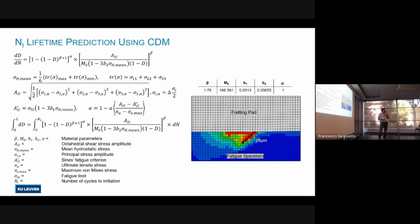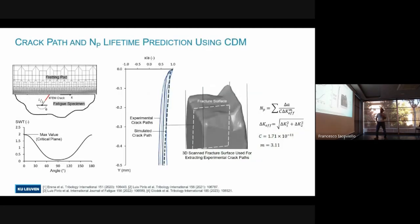calibrated using the basic plain fatigue data, and we recalibrated that for a crack length equal to 28 micrometers, which we found using the theory of critical distance for this material, according to the data that we had. And V1 and V2 are mainly the effect of stress ratio. And A is basically the damage accumulation factor; we calibrate all the parameters using the data that we have. And for crack propagation, we use the extended finite element modeling approach. So we inserted the crack here at the location of maximum stress, where the crack is supposed to initiate. And the methodology we have published since 2020, the last 4 years, because the